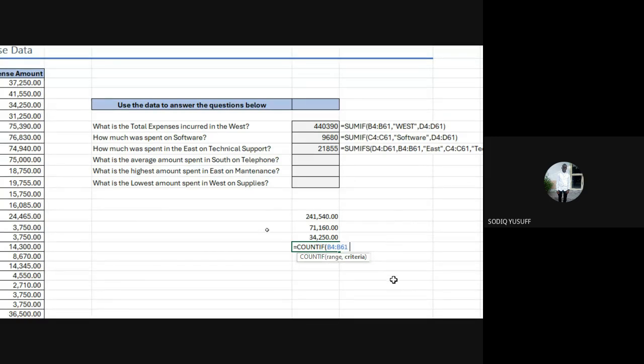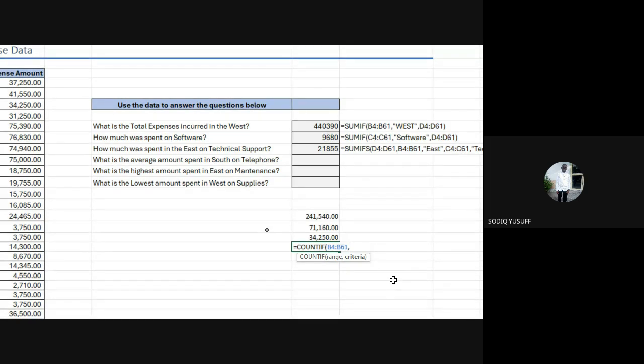Then you put comma. Who can tell me what will be my criteria? What will be my criteria? Everyone, I'm saying how many expenses happened in the East.